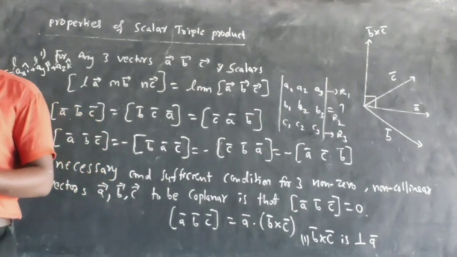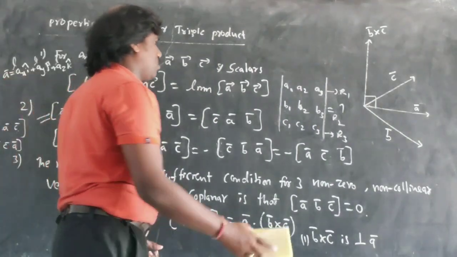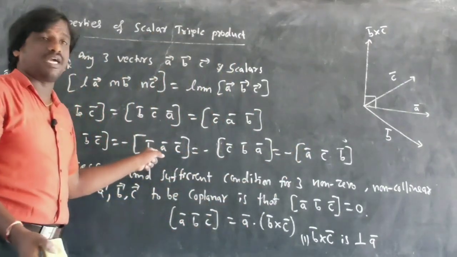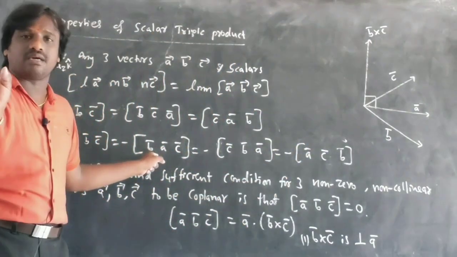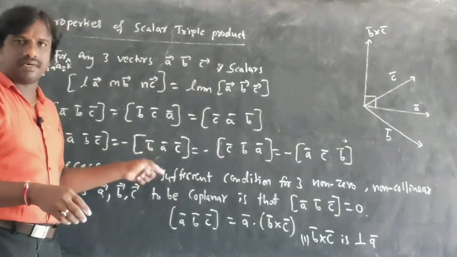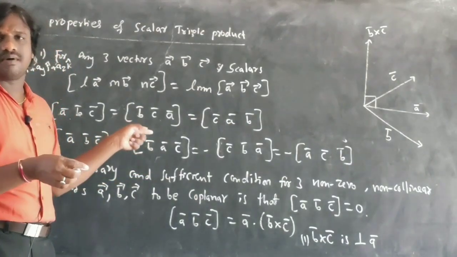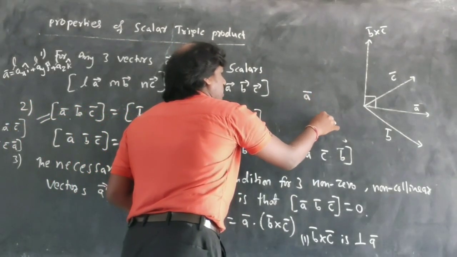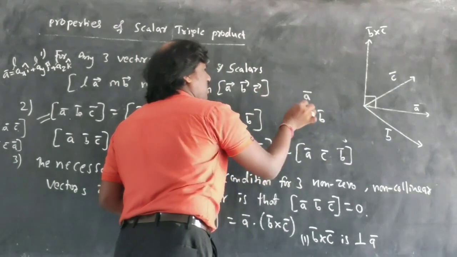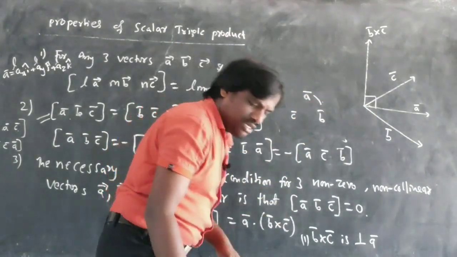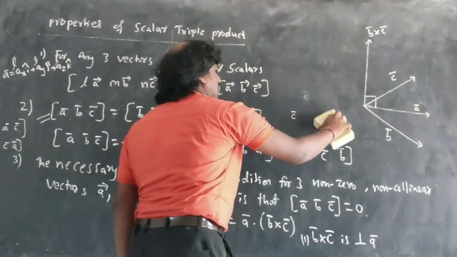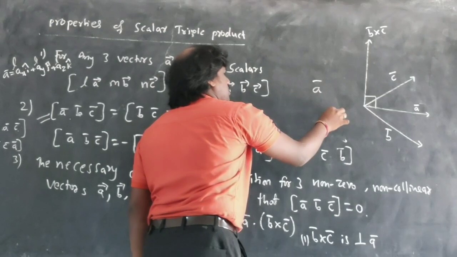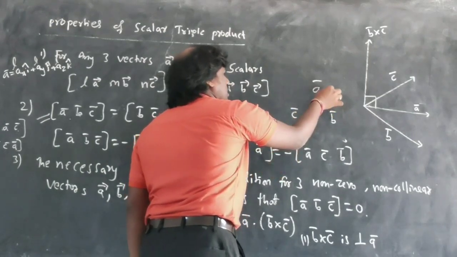I will give you a short technique to remember this. I'll give you a short technique on how to remember this box, and this is most important. We have solved many JEE questions based on these properties, so you will learn this tomorrow with many questions. So I'll just tell you. See, A you have, B you have, C you have. I am going as a cyclic, so I am taking a cyclic here and I'll make you understand that. This is A vector, this is B vector, this is C vector. The direction is this side.